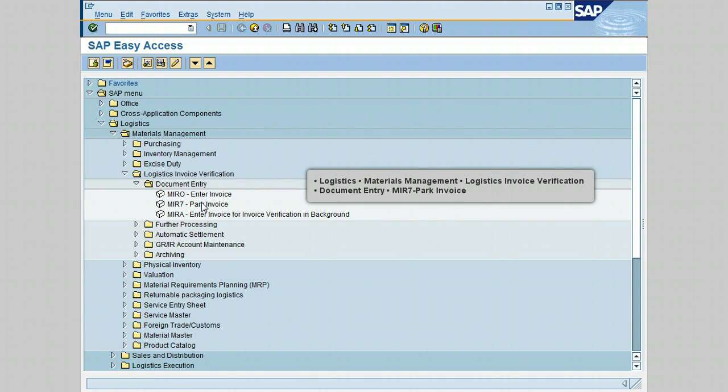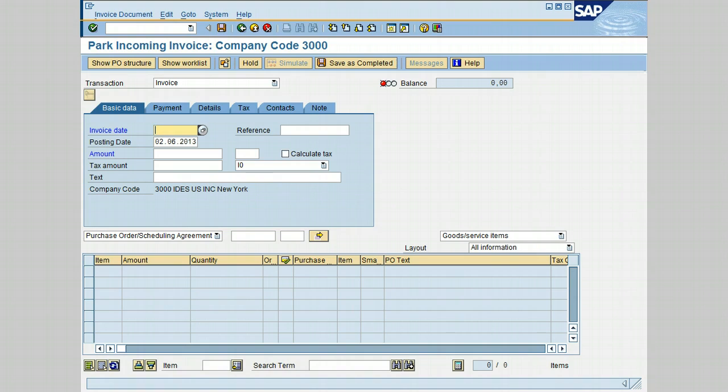We're going to use transaction MIR7 park invoice. So let's double click on the transaction, and that will bring us to the park incoming invoice initial screen. Keep in mind that the transaction is similar to transaction MIRO for entering an invoice. The difference is